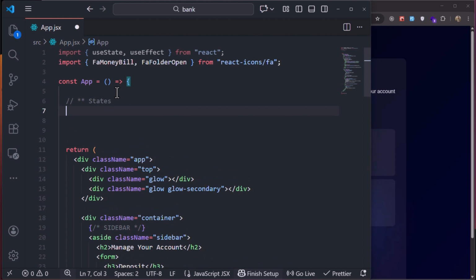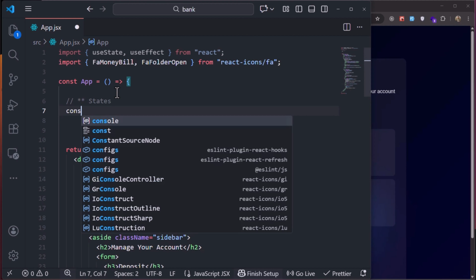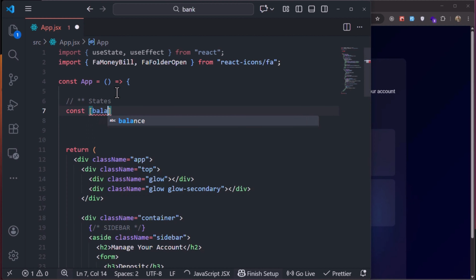The first state we need is the state of balance. Let's say const balance, setBalance is equal to useState, and normally I would say the default value for balance should be 0, but because I want to store this value of balance in local storage,